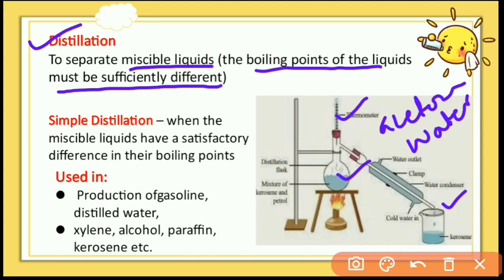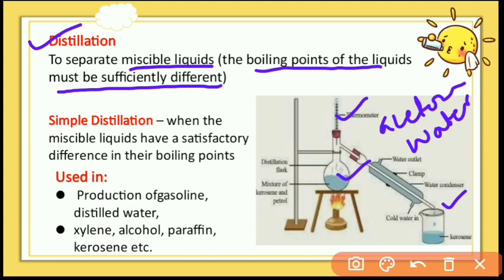And we will observe that water is left behind in the distillation flask. The thermometer reading will become constant for some time at the boiling point of the mixture. Acetone mixed with water will boil closer to 88 to 90 degrees Celsius. Depending on the ratio of alcohol and water, the boiling point can be anywhere between 80 degrees Celsius and 100 degrees Celsius. So in this way we are able to separate a mixture of miscible liquids having boiling points differing by more than 25 degrees Celsius.